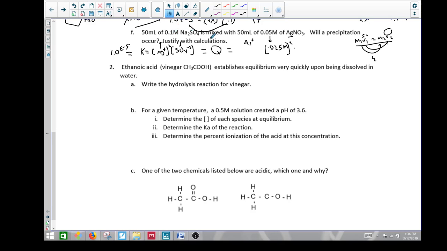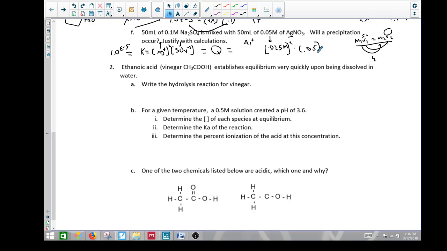Okay, so the doubling would be 0.05, and then here we go. So we have 0.025 squared times 0.05